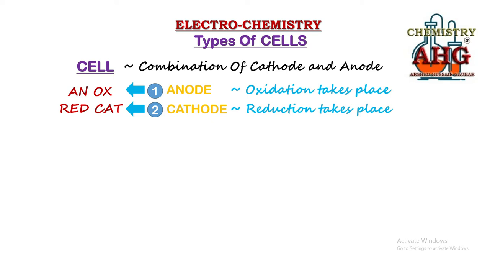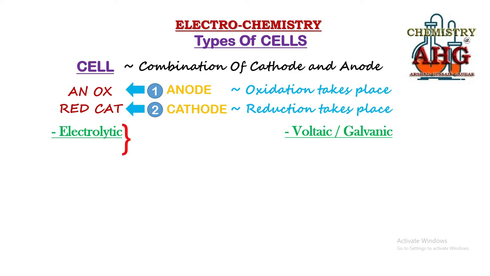Next, generally all the cells that we study in chemistry can be divided into two main categories. There are two main types of cells in chemistry. One type of cell is known as the electrolytic cell, and the other type of cell is known as the galvanic or voltaic cell. These are two general types of cells that we study in chemistry. First of all, let's study what are the differences between these two types of cells. How can you remember the differences between these two types of cells?